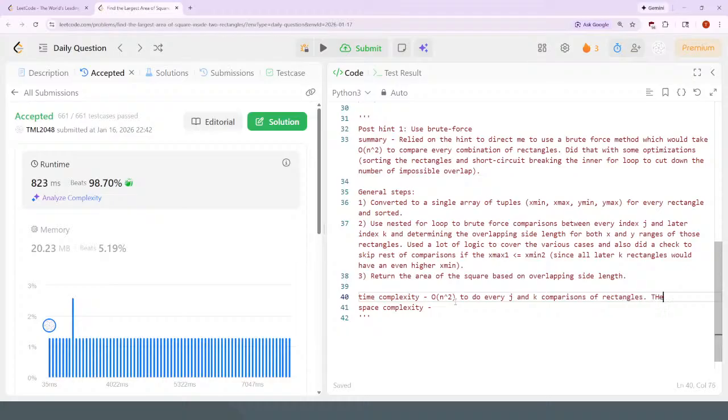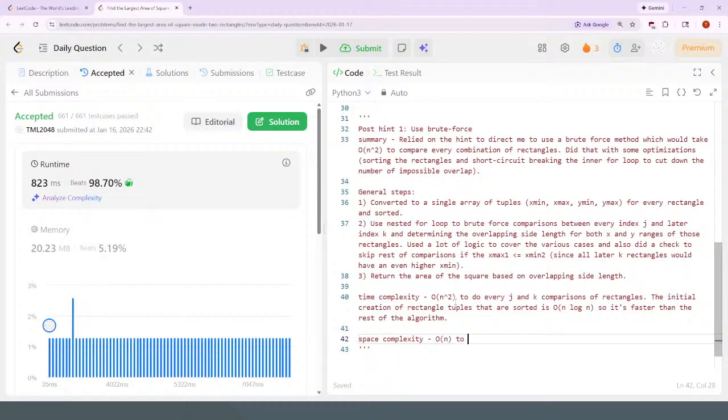The initial creation of rectangle tuples that are sorted is O of n log n. So it's faster than the rest of the algorithm. So it shouldn't really matter since I'm already being slow with that. Space complexity is going to be O of n to create the